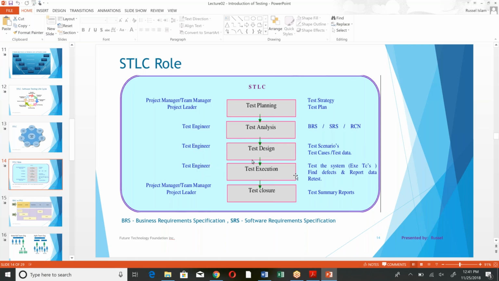And then execute, who? Engineer. So when we do the execution, that time we find the defect. If it is not, it's a pass. If it is an issue, then it's a defect, and then we need to report this. When we report it as a bug, the developer will pick it up. Suppose your manager will assign it to your development manager,